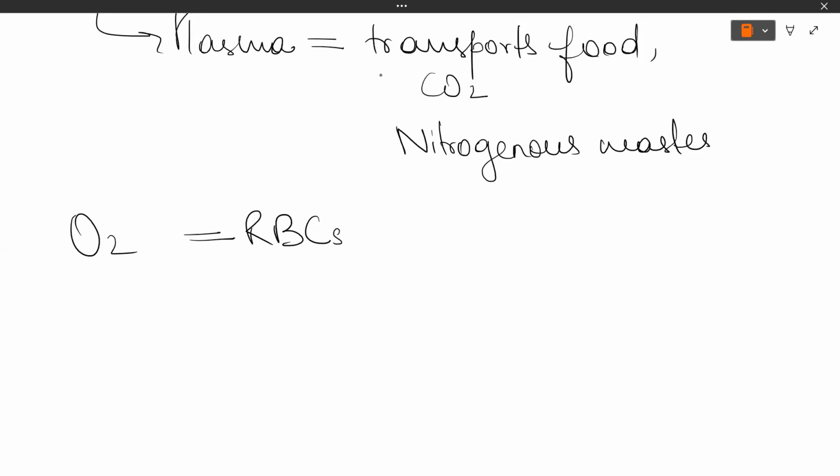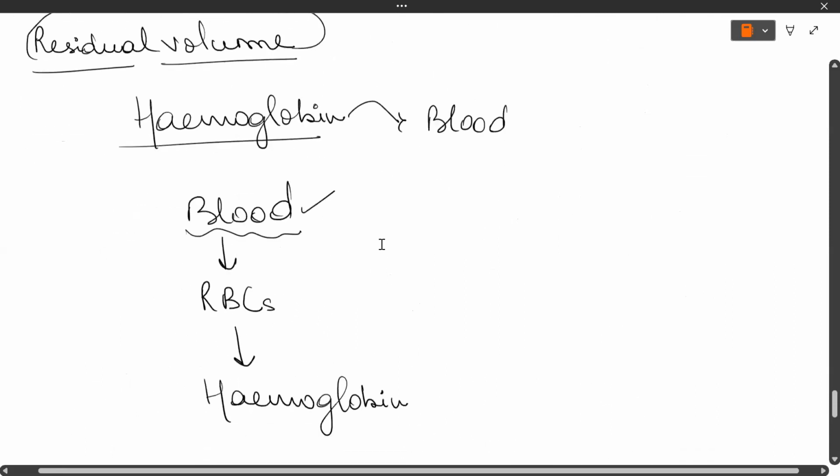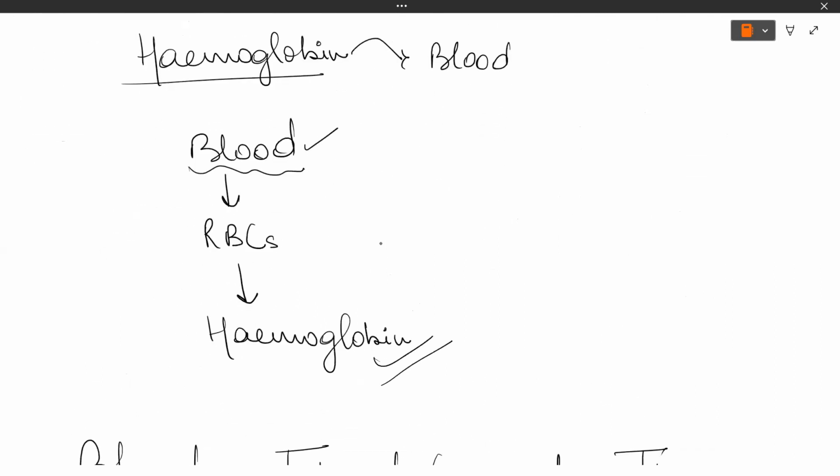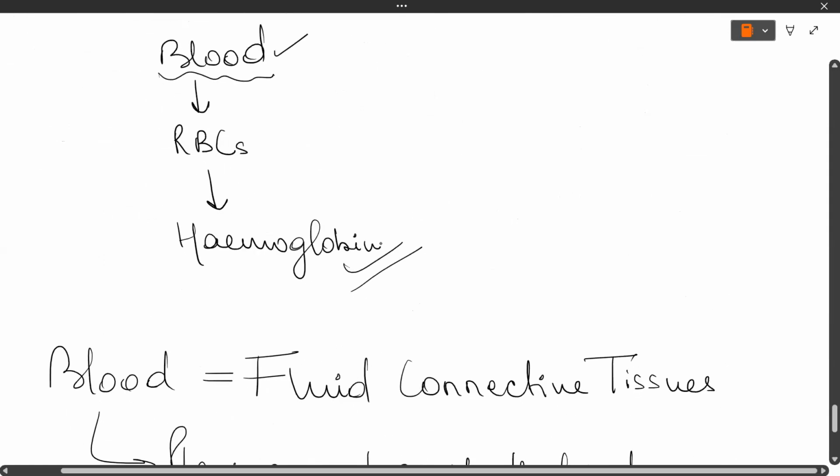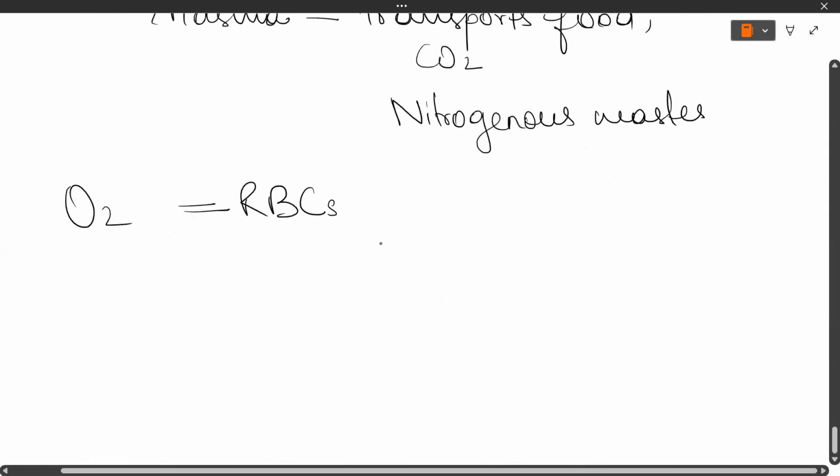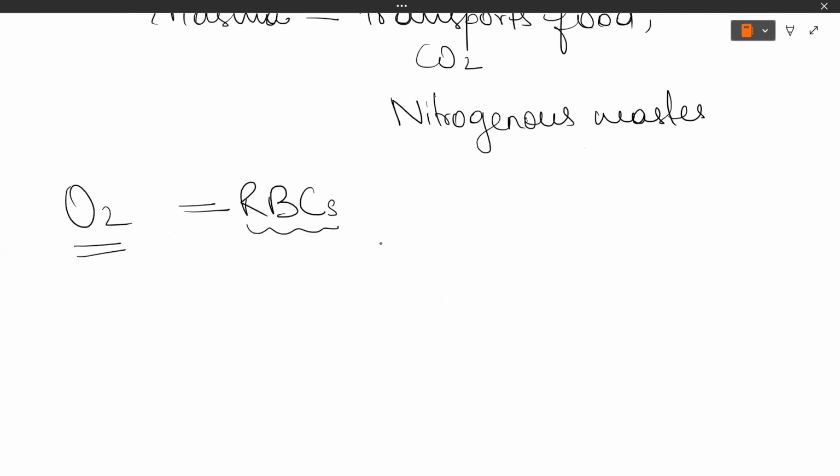I told you. Do you remember this chart that I showed? Hemoglobin. So hemoglobin is present in the RBC, and hemoglobin is responsible for the transportation of oxygen. Since RBC contains the hemoglobin, is it clear? Now there are many other substances like salt and other little chemical compounds. These are transported by the blood only.